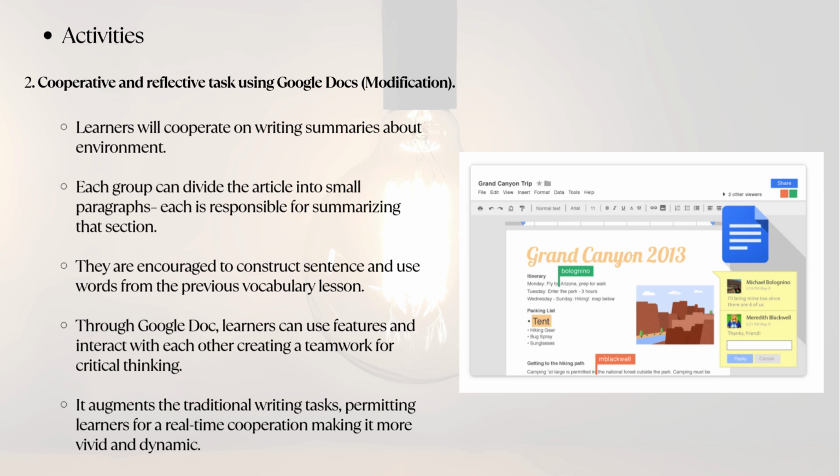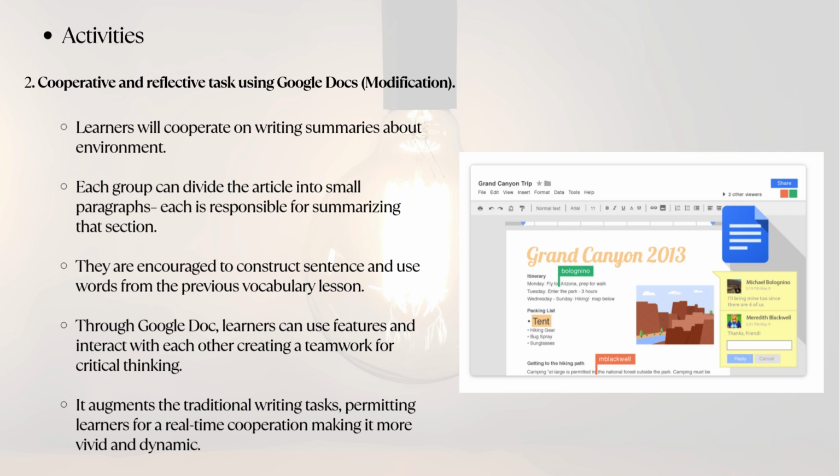When learners write their summaries, they become responsible and encouraged to not only construct their sentences, but also to contribute by submitting their words. Most importantly, they have to use the vocabulary they learned from the previous lessons, such as pollution, climate change, responsibility, recycling, and so on. Through Google Documents, the learners can use features where they interact with each other, creating teamwork for